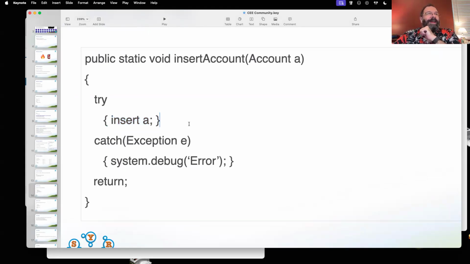Yeah, pretty much. Let's say this insert fails, right? We call this code, this insert failed. We're catching the exception. We're throwing something to a debug message that no one's ever going to read, because no one's going to see the debug logs because those aren't on in production usually. And we don't actually handle anything. We just say, hey, an error occurred. No error occurred, and we just go on with our life.